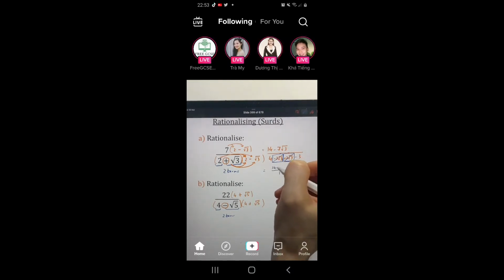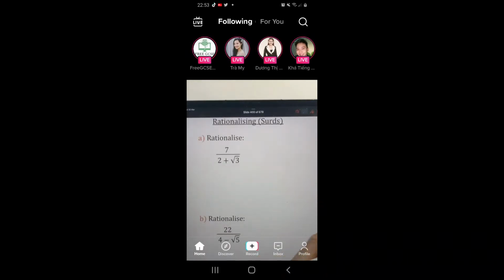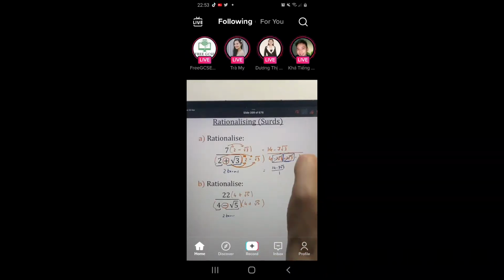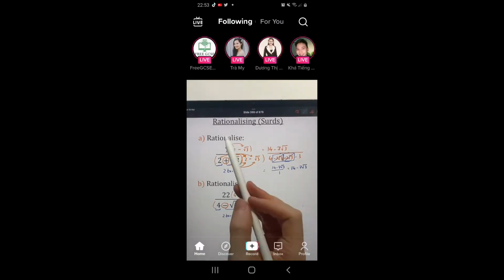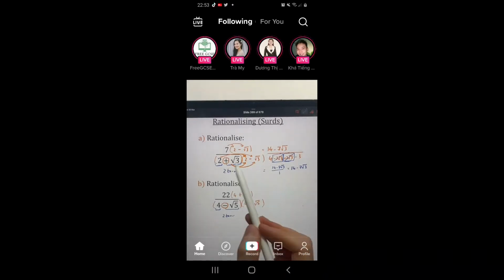On the top, I had 14 minus 7 root 3. Dividing by 1 has no impact. So therefore, my final answer is 14 minus 7 root 3. I've achieved my objective because rationalize means to get rid of the root from the bottom of the fraction. That's it done. For question 2, again, we times top and bottom by 4 plus root 5 because the 2